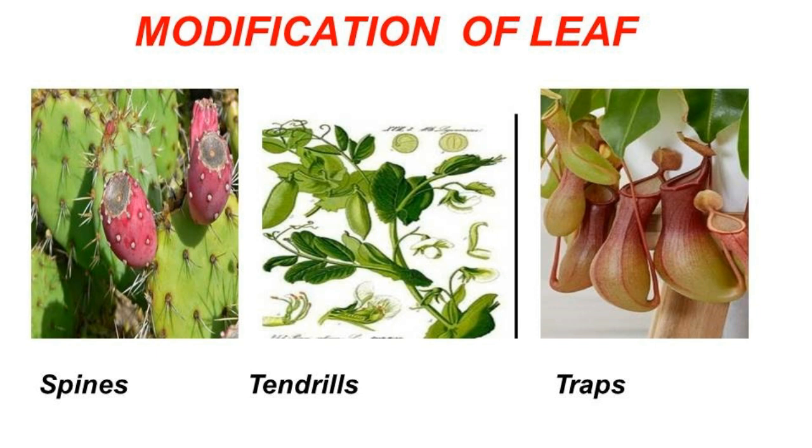The second one is tendril, Pisum sativum. It's a climber. You can see in the picture, it is a climber. The leaf of the plant could be modified into an elongated structure to help the plants climb efficiently. Traps. Third one.